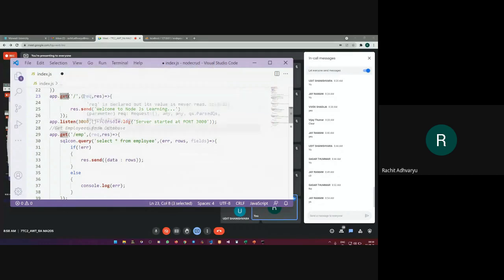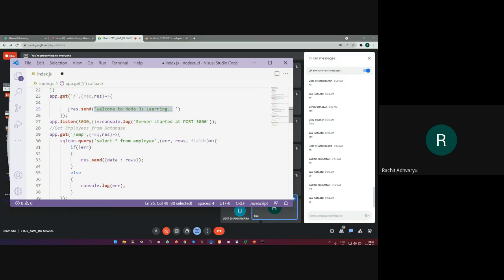So this is by default a compulsory component of your app server, that it will use request and response parameters, and you can use these parameters as per your application's requirement. Right now, I want to just print the message that the server is responding. So I'm using res, that is response dot send, and then I'm writing welcome to Node.js learning.